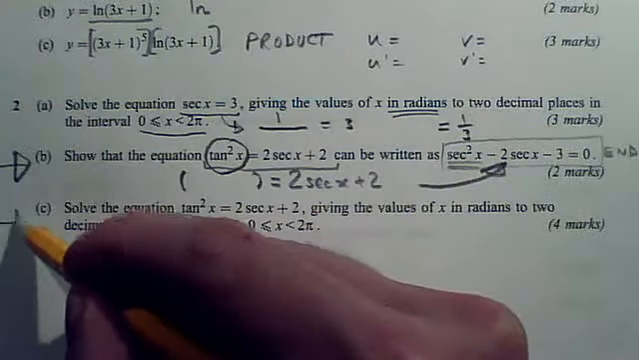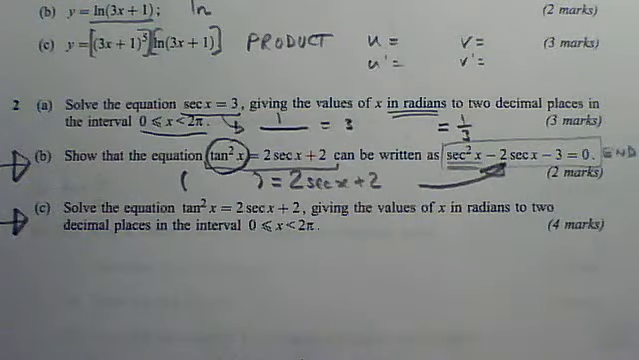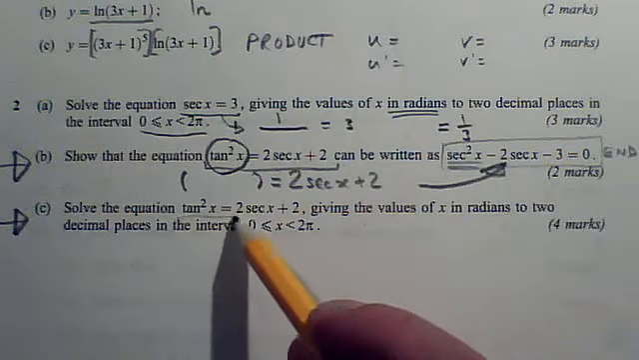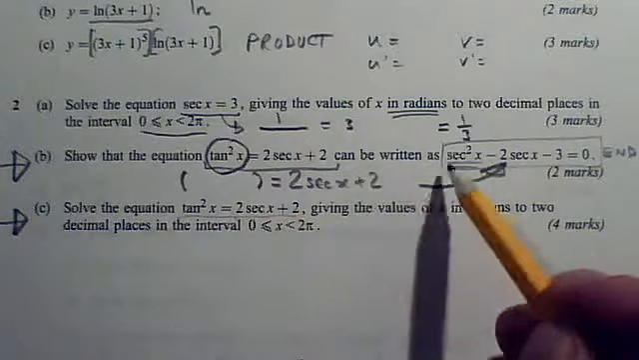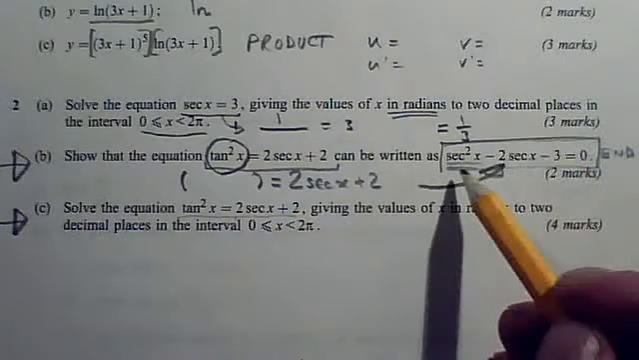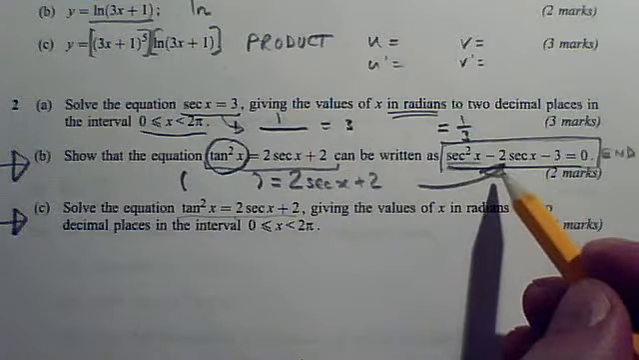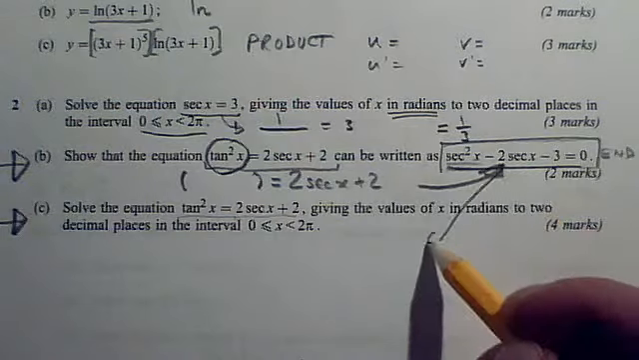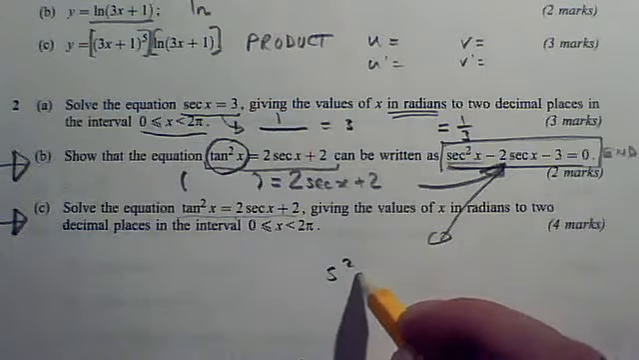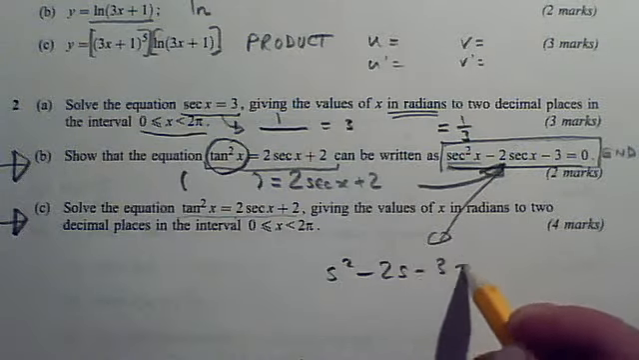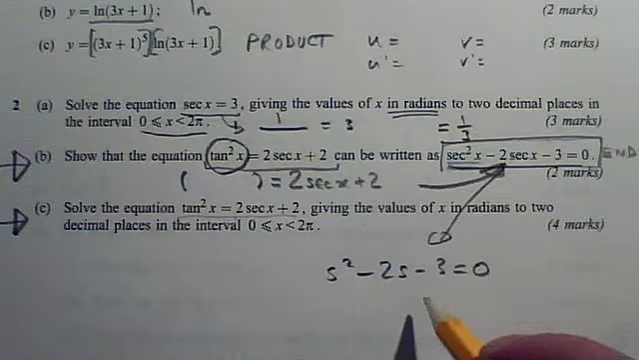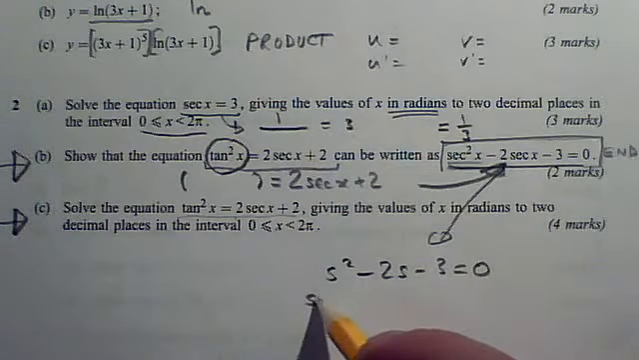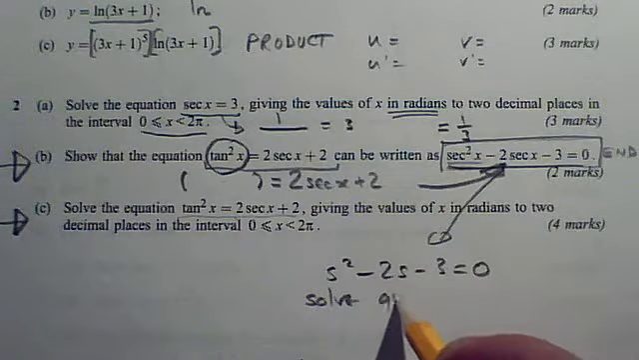And then in part C we've got another re-entry point. It says solve this equation, but of course we know that equation is really this one. So here's our starting point for part C. And we can recognise our starting point. You might want to write it as s squared minus 2s minus 3 equals 0, where s means sec x. So this is a quadratic, so you solve your quadratic,